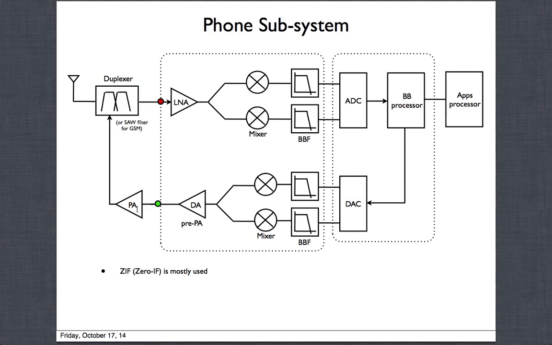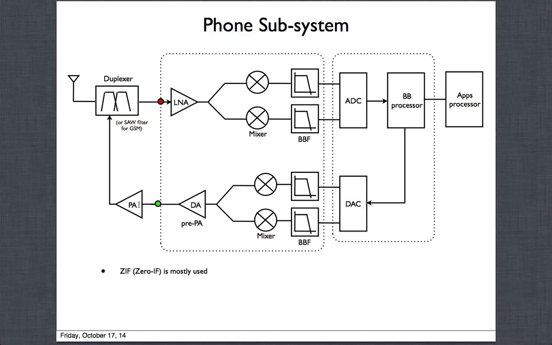For GSM type cases, it could be a 2G PA, where it has to pump out 33 dBm, a huge amount of power. Or if it is a 3G or 4G type standard that you're trying to support, then it only has to give out about 26 dBm output power, but it has to be extremely linear to meet all the linearity requirements like the ACPR and ACLR specs, and then that will go through the duplexer.